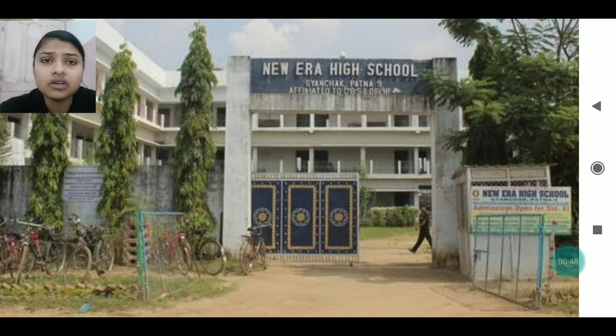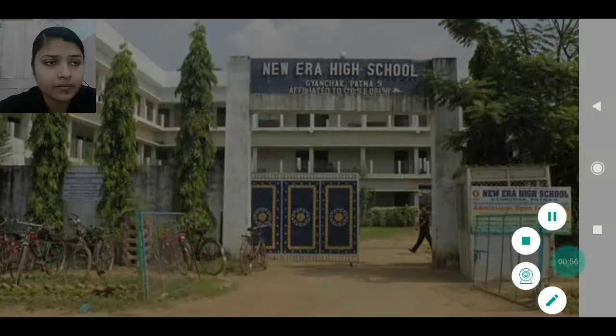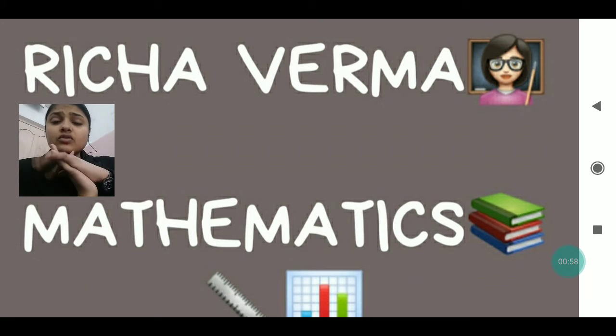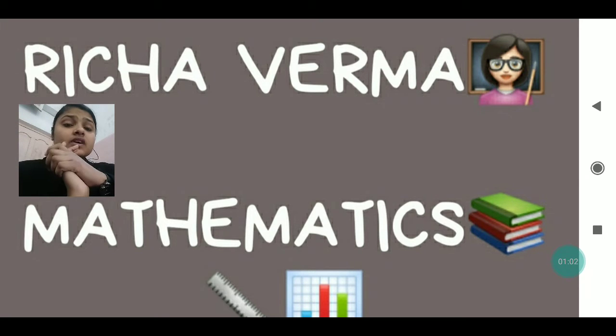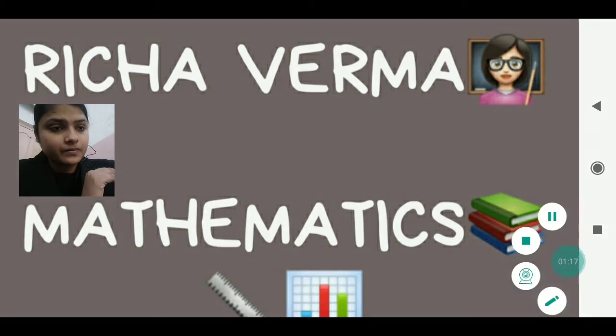So you have to go through the video nicely so that you can understand what that test paper is all about. The test paper is all about the line of symmetry, the perimeters, the geometrical figures, and some about the pictograph. These four things are there which we have to cover in this test paper. Okay, so let's move on, my dear.